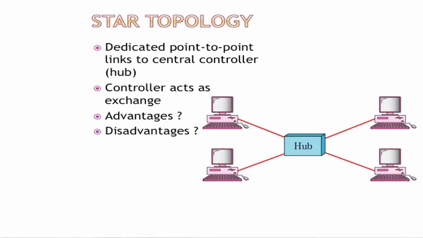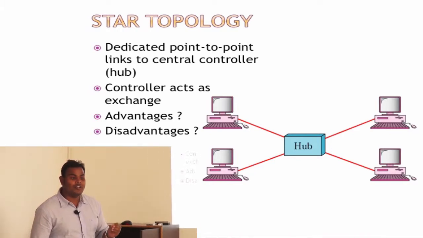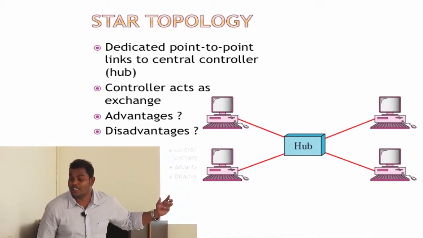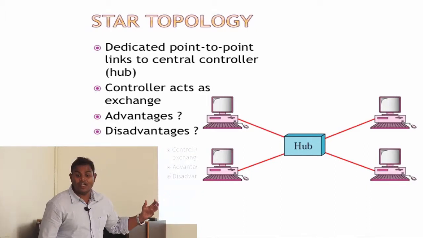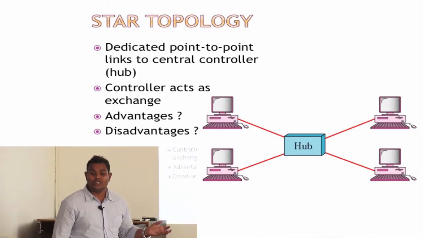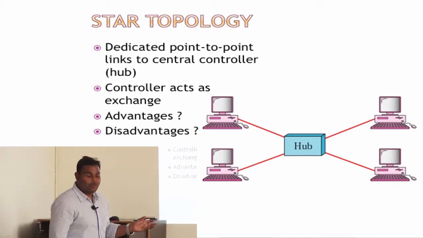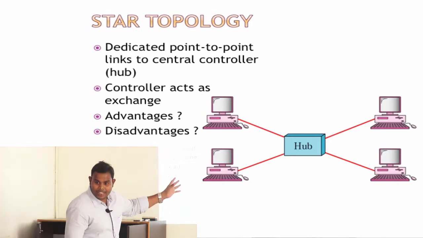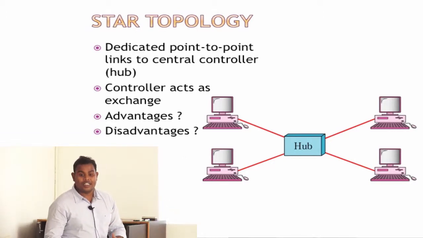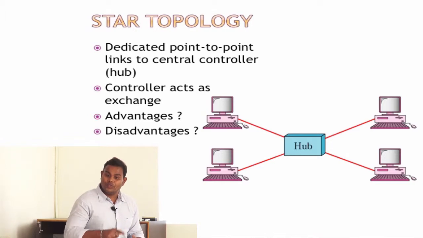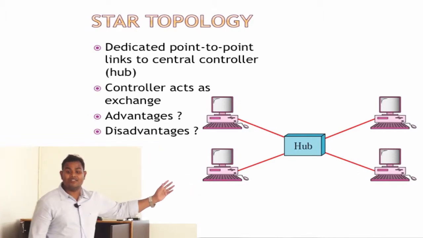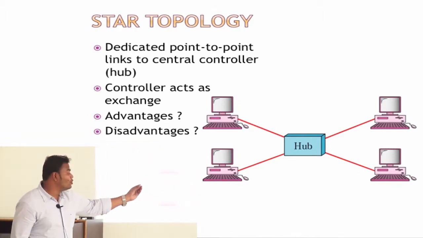In star topology, what happened? All the computers or all the nodes have to be connected to a single hub, or a single intermediate device known as a hub. Previously we used a hub for this, now we are using a switch for this connection. Now every device has to be connected to the hub. So whatever data exchange occurs between 2 devices should go through that hub. Clear? Now you can see here the number of links is decreased.